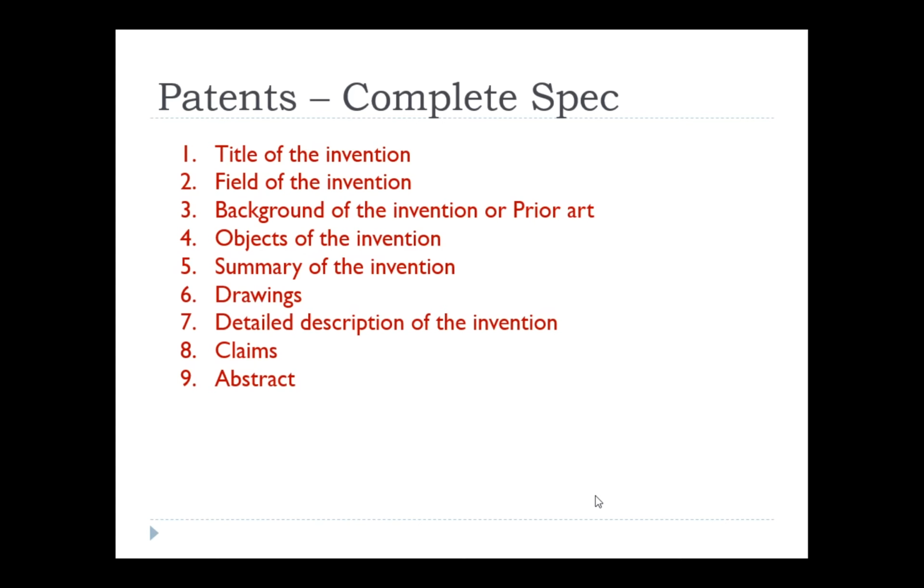Next one is summary of the invention. Herein you need to understand clearly that whatever you are going to explain in the detailed description part, you need to concisely draft at this point, right? I'll give an explanation for that while addressing the detailed description portion. Here you can understand that whatever you are writing in the detailed description part can be concisely comprised as a summary of the invention, right?